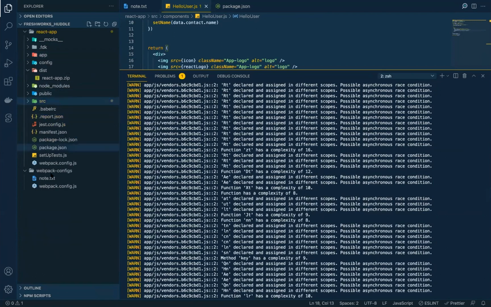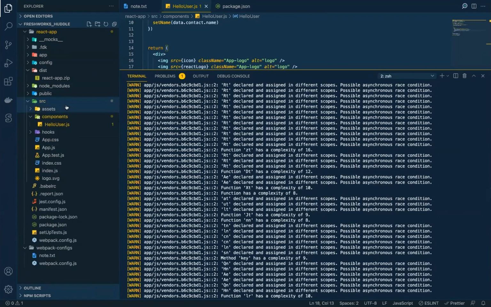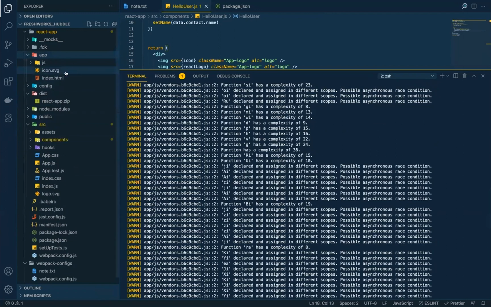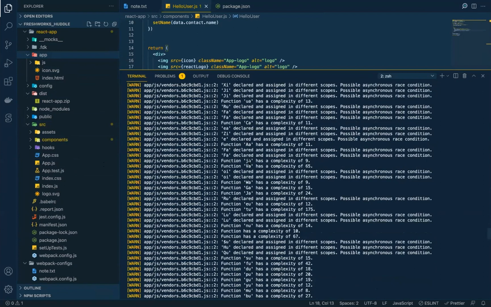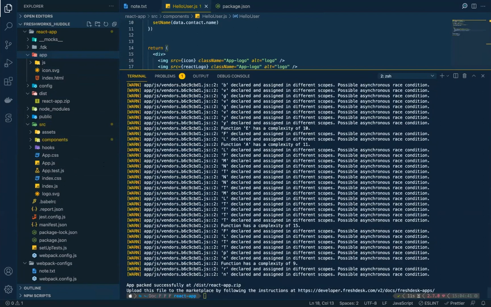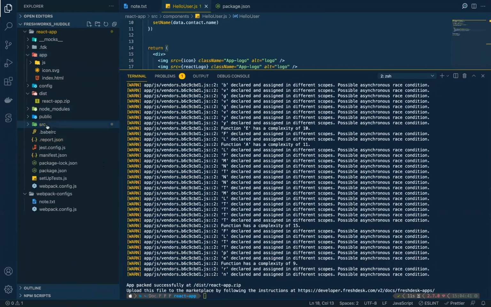In this case, the validations have to be run against the contents of the source folder, because that is where you actually write your code. These files are auto-generated. So that is the reason why you get all these warnings. You can ignore them for now and go ahead and submit your apps for review, or you can upload it as a custom app. We'll try to fix this in the coming iterations of FTK.